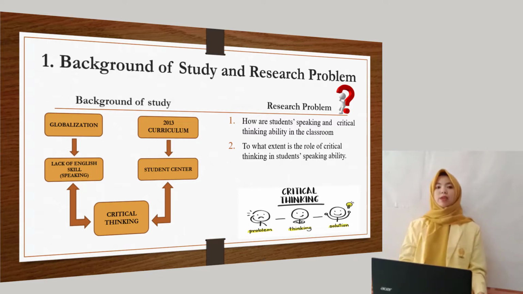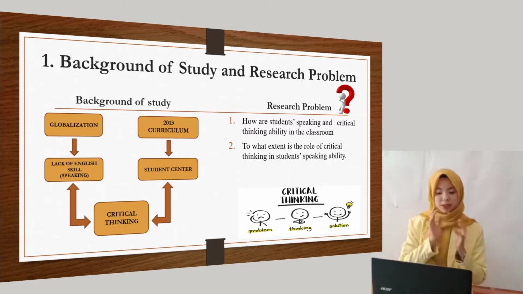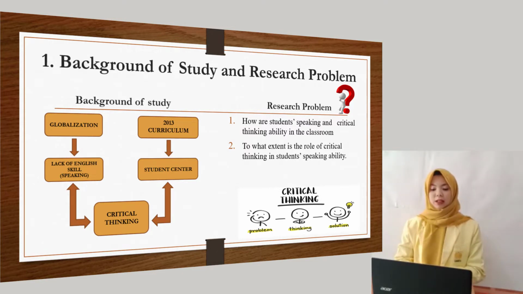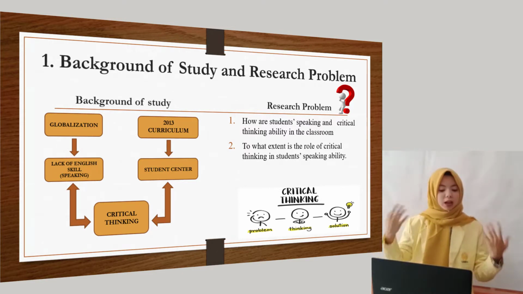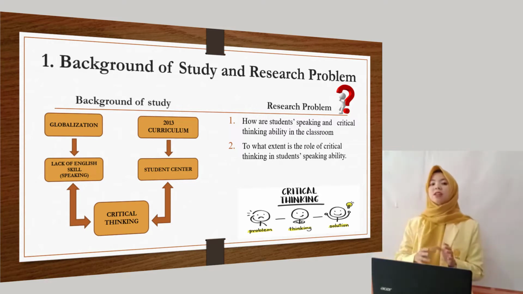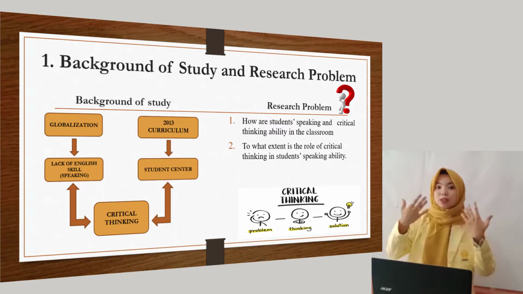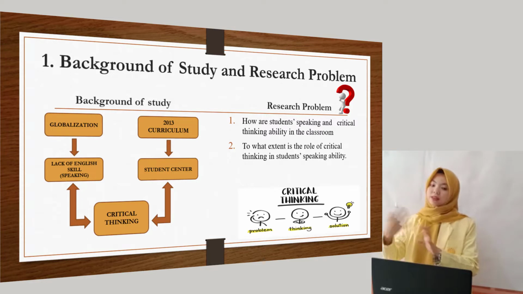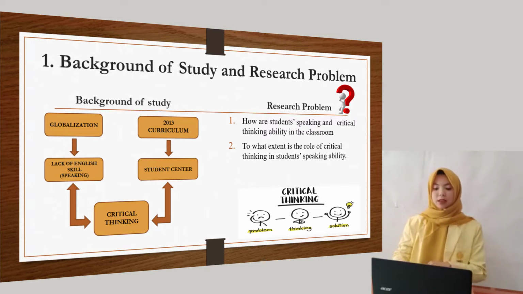But the facts show that students lack English skill. The reason that caused it is a lack of critical thinking, where students couldn't analyze, explore, conclude, understand, reason, evaluate, and couldn't recognize a problem, find the solution of the problem, and distinguish fake or non-fake news, and other indicators of critical thinking.